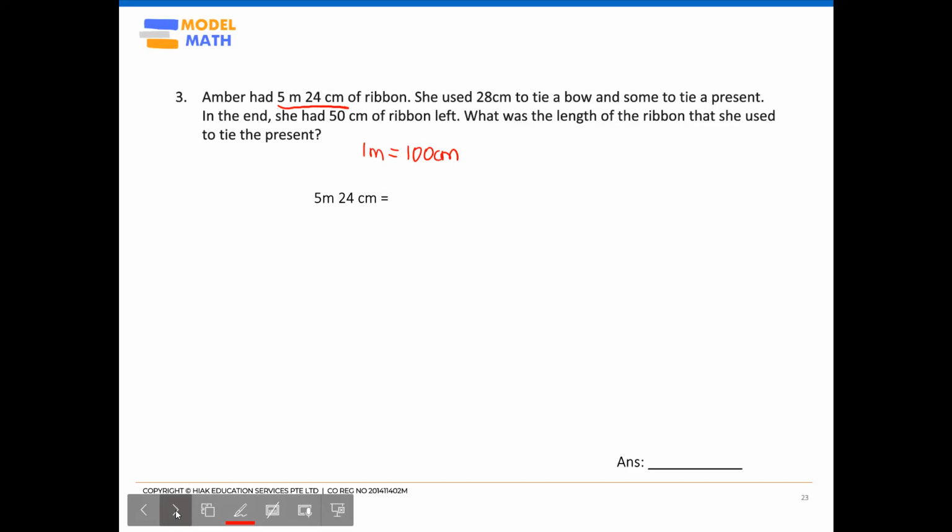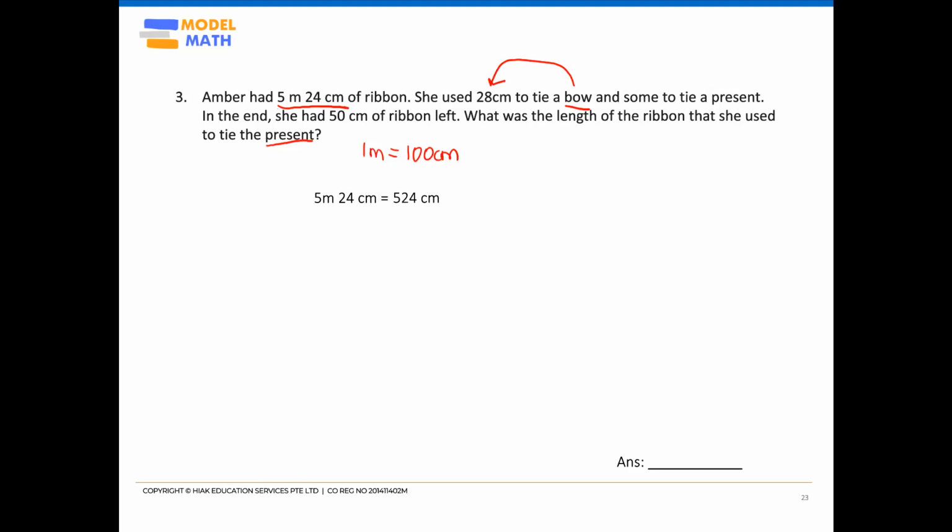Given that 1 meter equals 100 cm, 5 meters will then be 500 cm. And if we add 500 cm plus 24 cm, we should end up with 524 cm. So to solve this question, whereby the question is asking how much was used for the present, we need to subtract from the total how much was used for the bow, which is 28 cm,